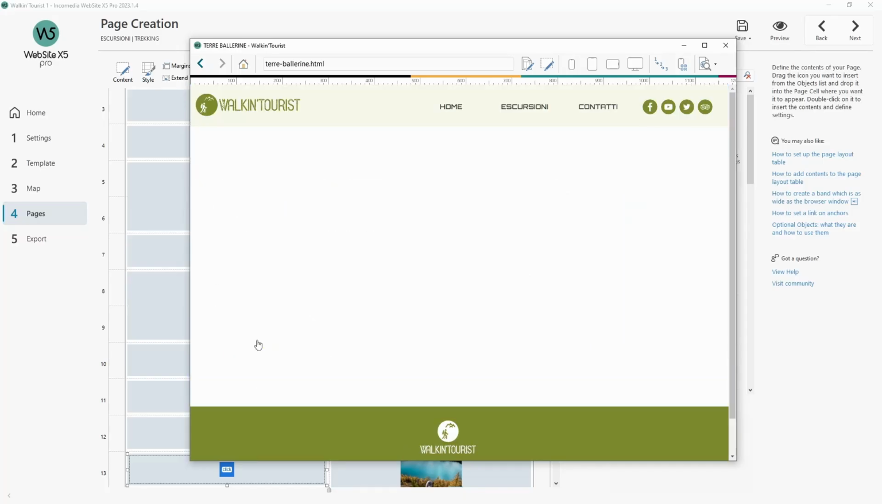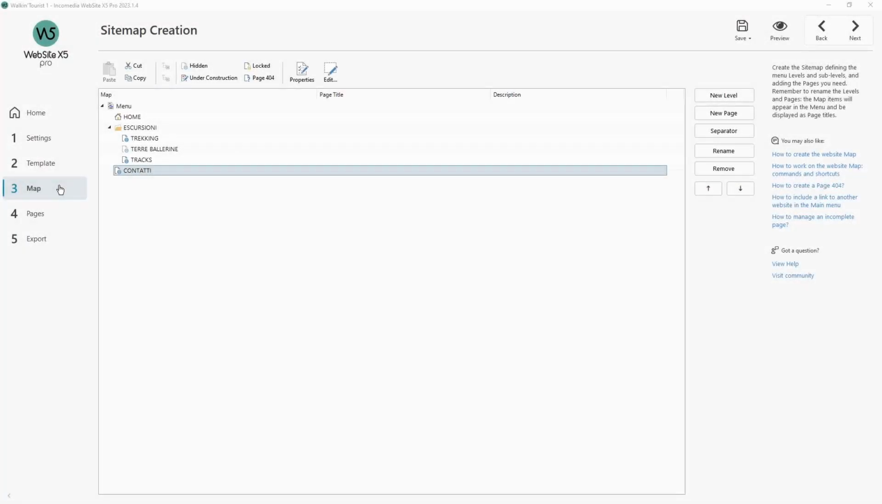The destination page is currently empty. We will later find out how to create it from scratch. Before proceeding with the creation of a page from scratch, we continue with the modification of the pages of the